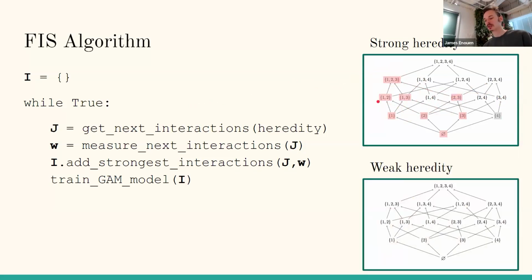In the weak heredity case, we can follow the same procedure. Let's say we also get 1,2,3. But now we're going to search over the larger space because of our weaker condition. Let's say we get this. We can then, again, because of the weaker condition, look at all the triples. And let's say for this, then we don't explore the fourth dimension. So this is the way that we're going to approach doing this, which will allow us to scale to tabular data sets of like 10 to 50 different features.